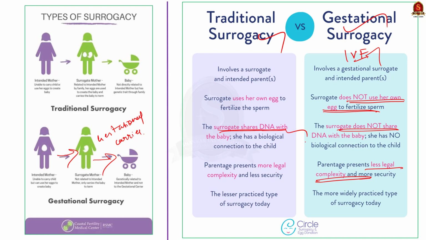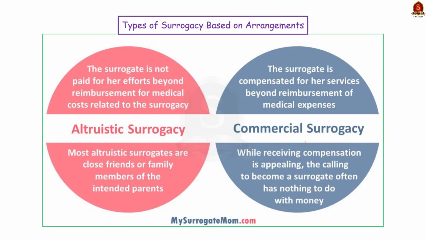Also note that surrogacy arrangement may be commercial or altruistic depending upon whether the surrogate receives financial reward for her pregnancy. Here, the commercial surrogacy means commercialization of surrogacy services or procedures or its component services or component procedures. Or in simple terms, it can be any surrogacy arrangement in which the surrogate mother is compensated for her services beyond reimbursement of medical expenses. The alternative to commercial surrogacy is altruistic surrogacy, in which a woman volunteers to carry a pregnancy for the intended parents without receiving any monetary compensation in return.